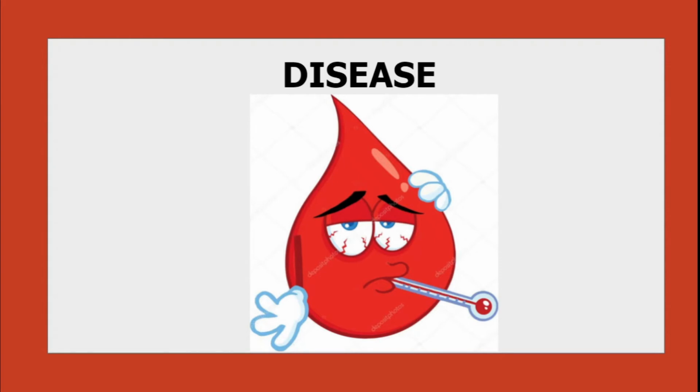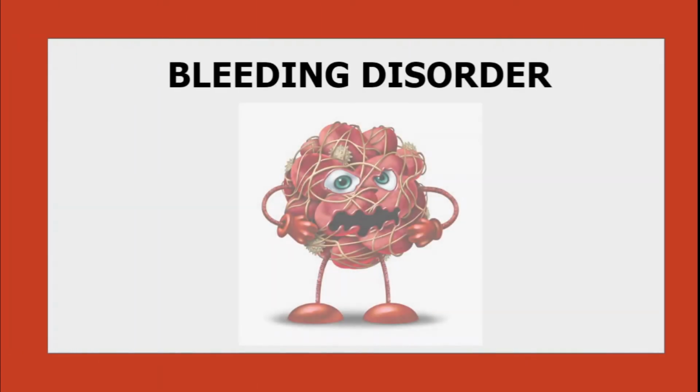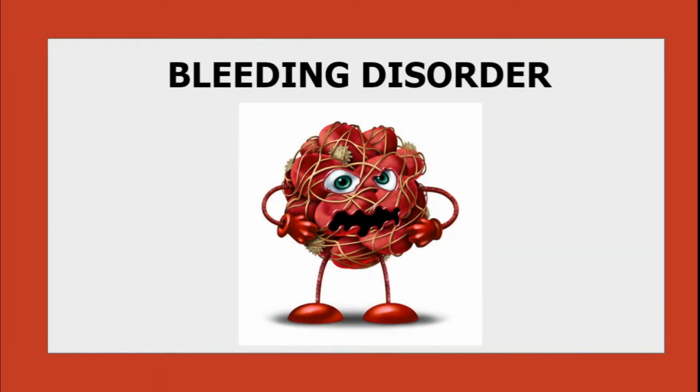Also for sickle cell disease: in sickle cell disease there is an RBC disorder, so uniform distribution of oxygen does not take place throughout the body. If this oxygen is not uniformly distributed, your organs like your liver, heart and kidney suffer damage from abnormal functions, because of the inability of the cells to flow through small blood vessels. Then next are bleeding disorders, for example hemophilia.